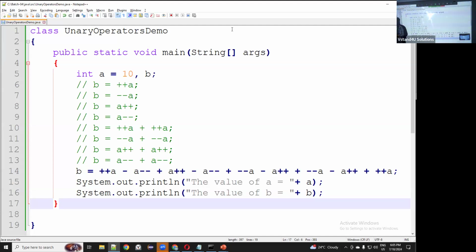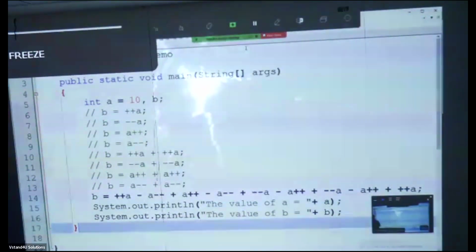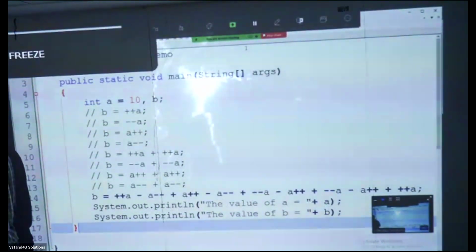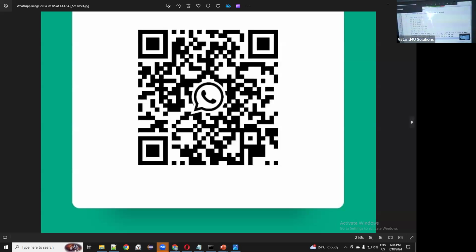Let me share the screen with you. Those of you who are not part of the demo group, quickly scan this QR code.